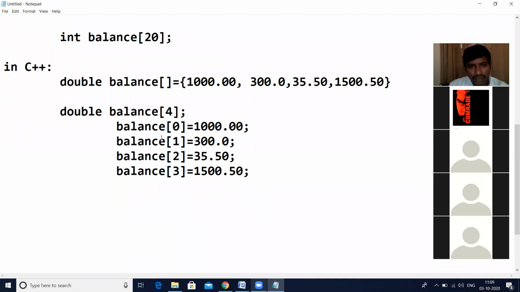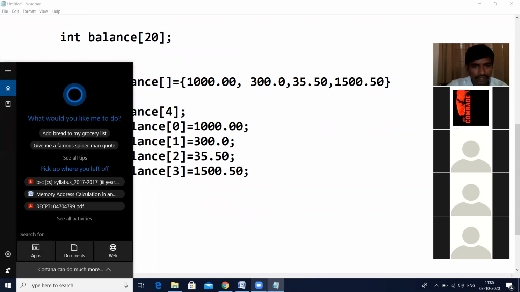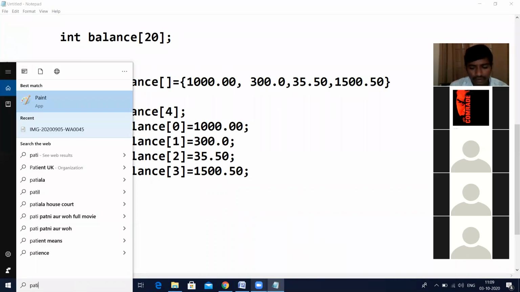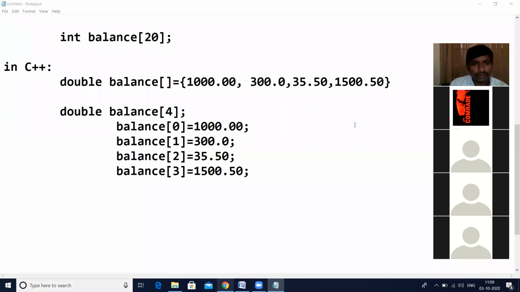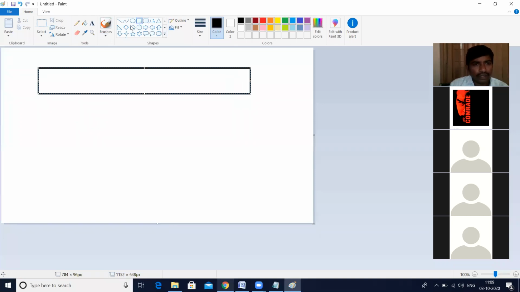Then how will these elements be stored in data in memory? So how these elements are stored, I will show you. Whatever elements we are taking, all these elements are stored in sequential order. If you think this is the memory location, then this memory location is divided into 4 parts here.